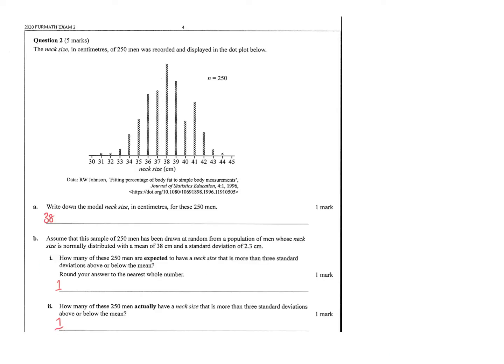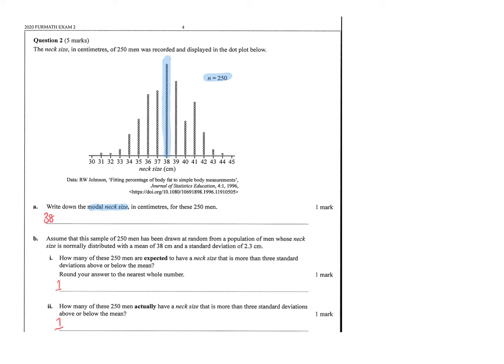The neck size in centimetres of 250 men were recorded and displayed in a dot plot below. So here they're telling me there's 250 men. The first question: write down the modal neck size in centimetres of the 250 men. So the modal is the most common or frequent, and I can see here this tower is the biggest, so that is the mode. So 38